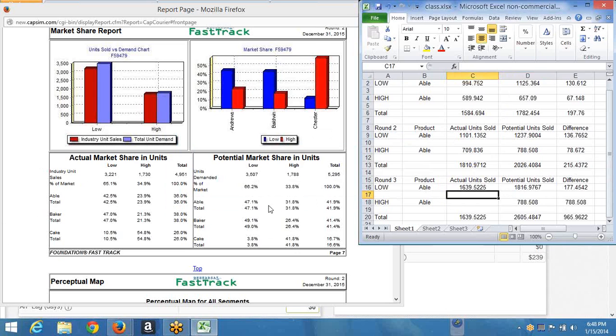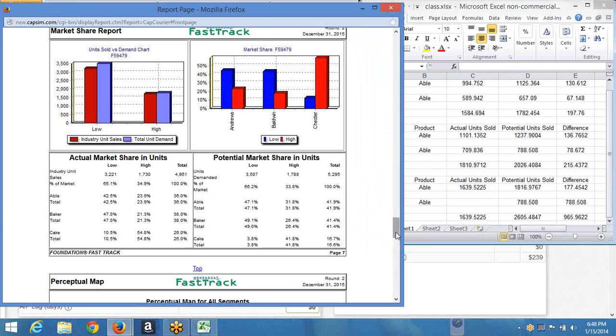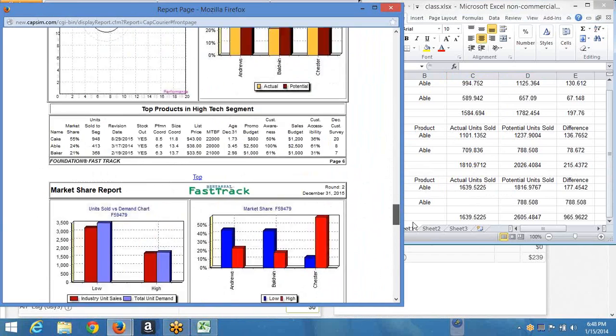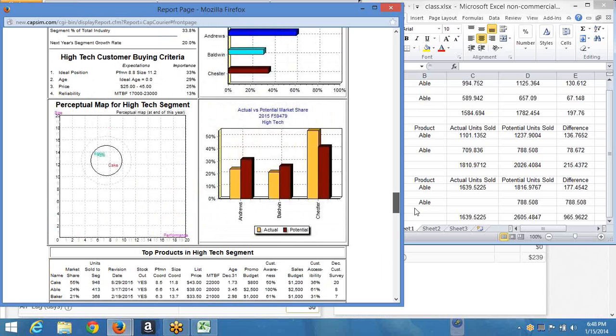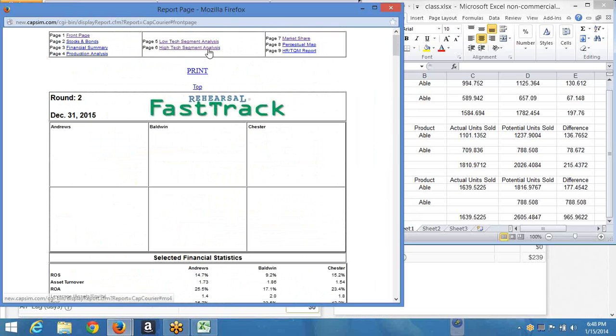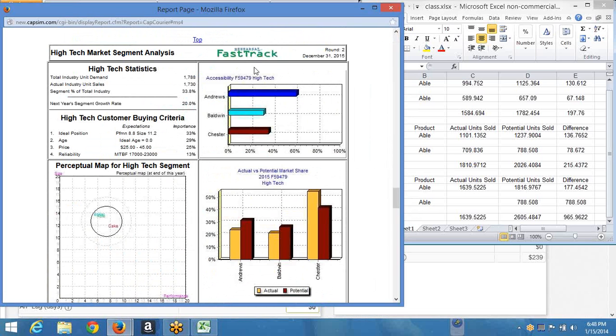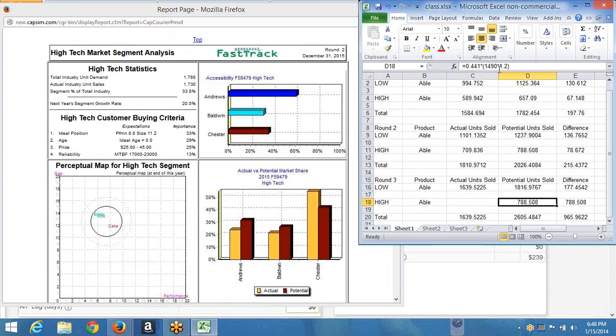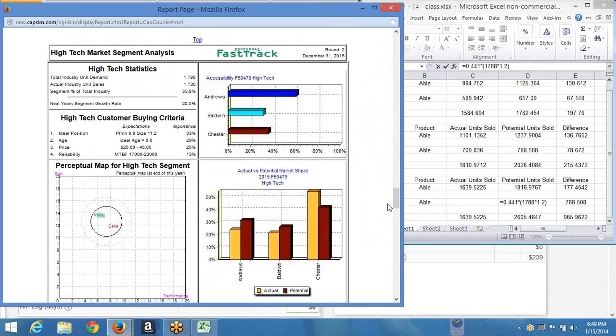I'm going to go to the high-tech, and I'm going to look at how much the unit demand was in the high-tech market. Again, if you can't find the high-tech, you just go to the top, high-tech segment analysis. Then you go to the unit demand. There's 1,788. It will grow another 20% next year. So 1,788. I type in 1,788. It stays at growing 20%. And I come to here,